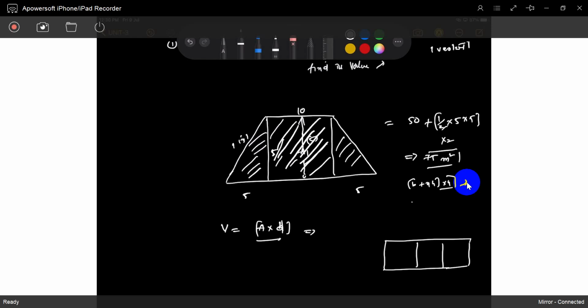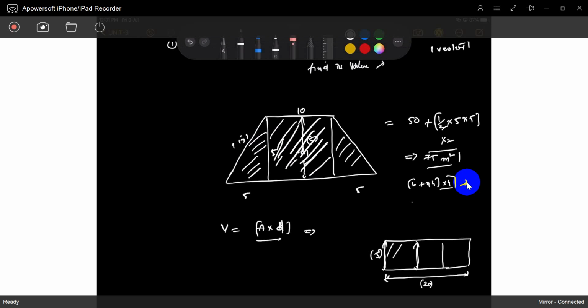So you know that the area of one section multiplied by the total length will give the total volume. Understood? So the area of one section: this is 5, this is 20, so the total area will come 100. Same thing: if 5 is the area and the total length is 20, then 20 into 5 gives the total volume.